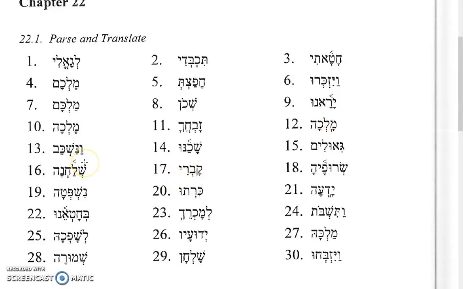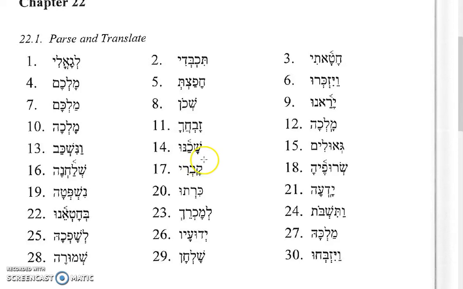Number 13 is vanishkav. Shikav is to lie down. This is a vav consecutive plus a Qal imperfect or preterite, if you'd rather, first common plural, and we laid down, shikav. And then you have shakanu